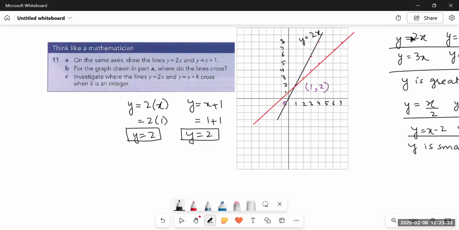So let's say k is equal to 2, then in place of k, we will write y is equal to x plus 2, right? So the graph for y is equal to x plus 2 would be like, if x is equal to 1, then the value of y would be 1 plus 2, 3, right? So it would be like over here. And similarly, if the value of x is equal to 2, then the value of y would be 4. It will come over here. Then for the value of x equal to 3, y would be 3 plus 2, 5. So the graph would be like this.